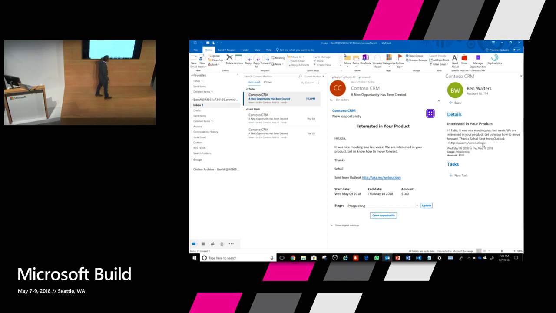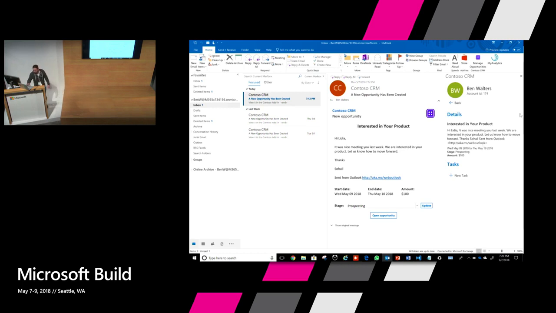Ben can add tasks, and he can send updates that he is done with this opportunity, which will send a notification back to Lydia that this happened. So this is just showing how, using the power of actionable messages, add-ins, and the Graph API, you can build end-to-end experiences and help simplify the daily workflows for your end users.